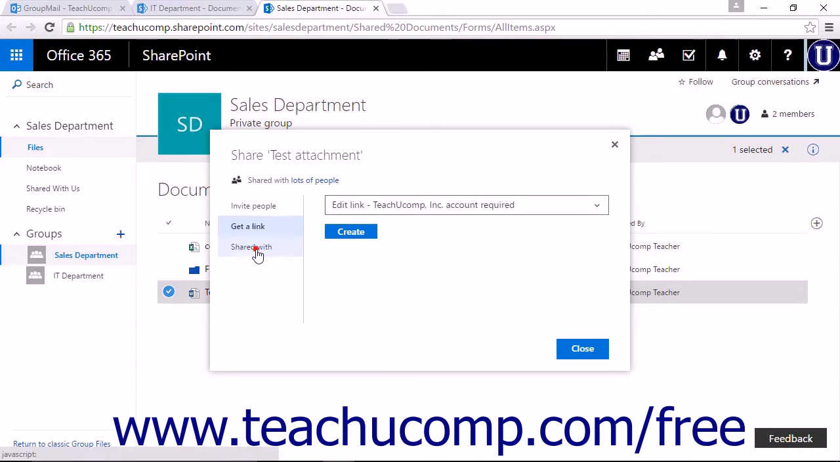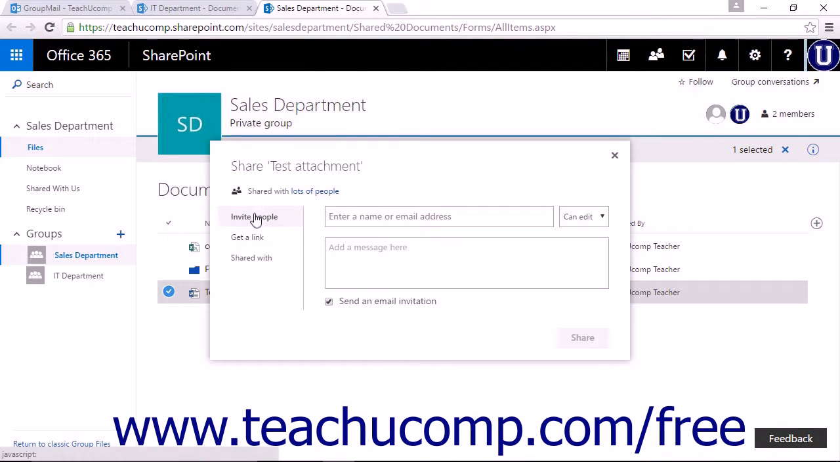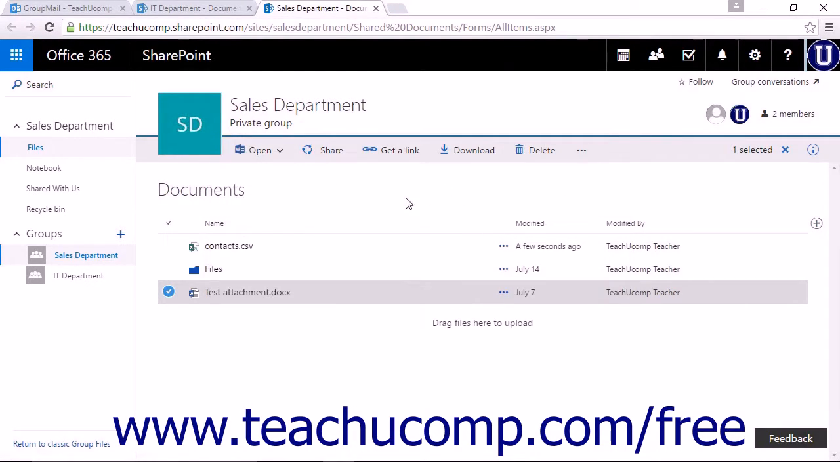You can click Shared With to view who is currently sharing the file and choose Stop Sharing, Email Everyone, or Advanced to see more options. When you have chosen to invite people and share the file, enter their names and then click Share to share the file. With the file selected, you can use the Open drop-down to choose how to open a file if